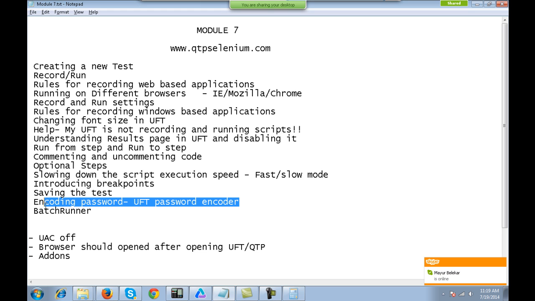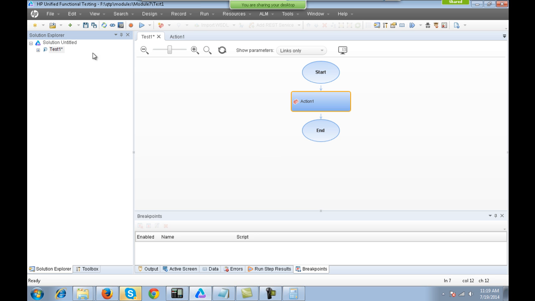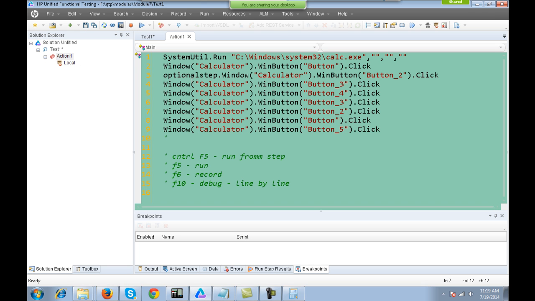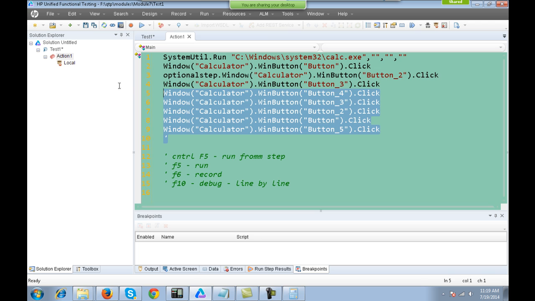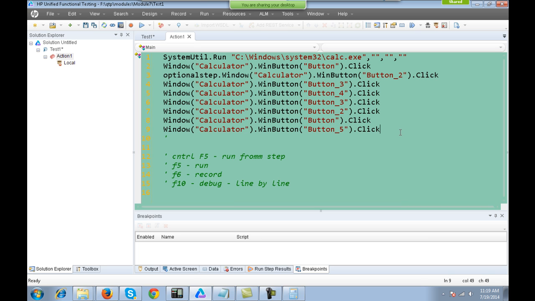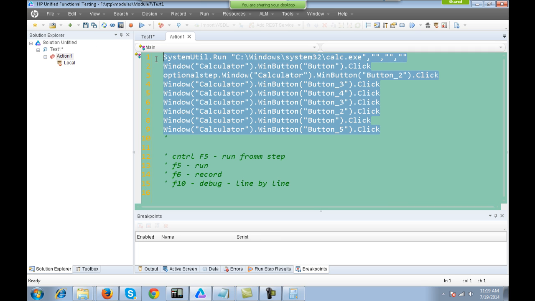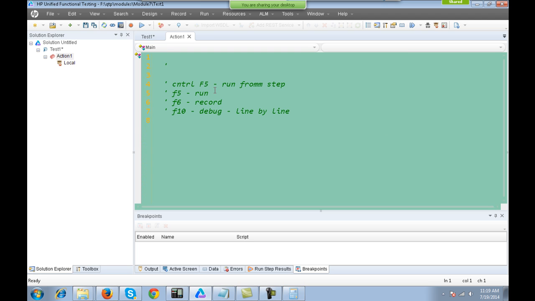This is another important thing, right? Suppose I open up UFT, and this is my script. At times you want to encode your password; you just don't want to enter it directly into the application.